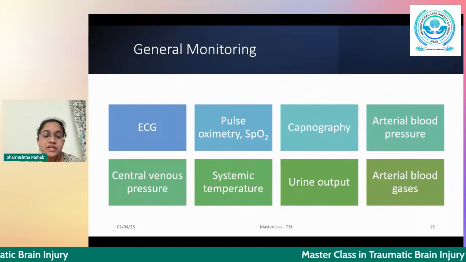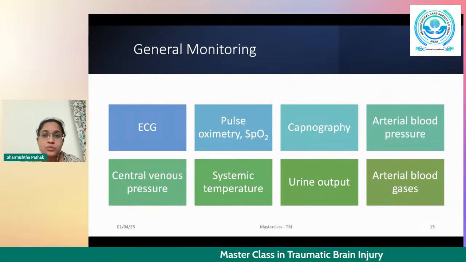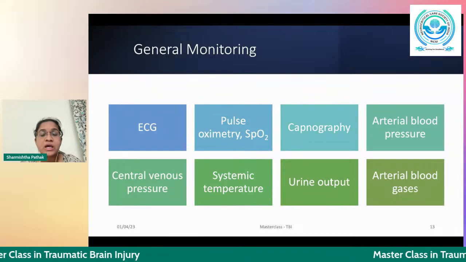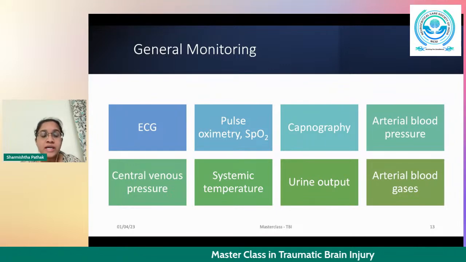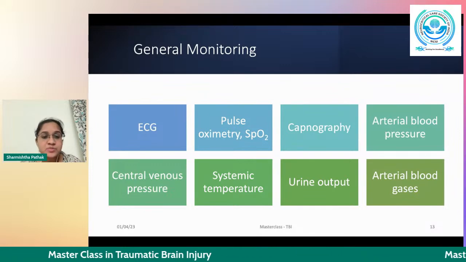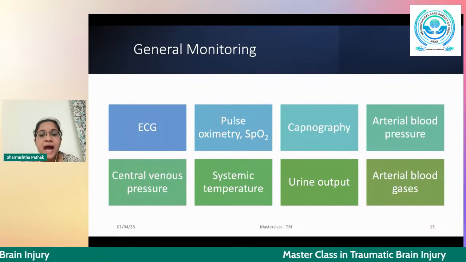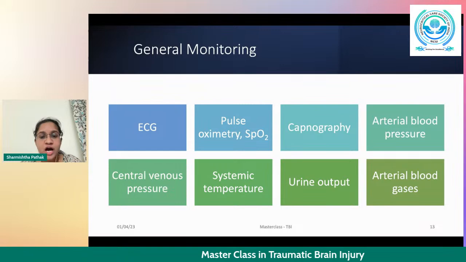The primary monitors which we should be using are ECG to monitor the cardiovascular system, pulse oximetry, capnography for early assessment of hypo or hypercapnia, arterial blood pressure for beat-to-beat monitoring of blood pressure to know early for any incidences of hypo or hypertension, central venous pressure, systemic temperature monitoring, urine output monitoring, and regular interval monitoring of arterial blood